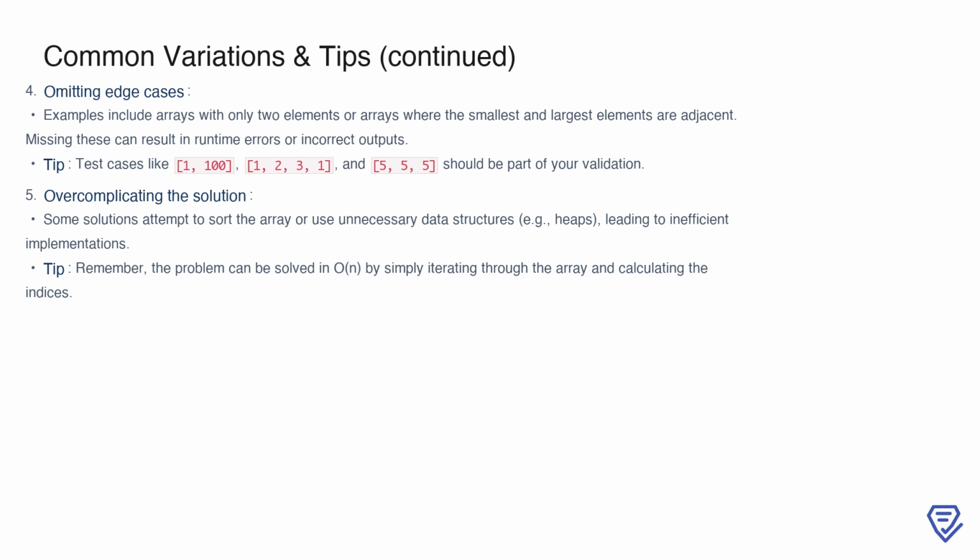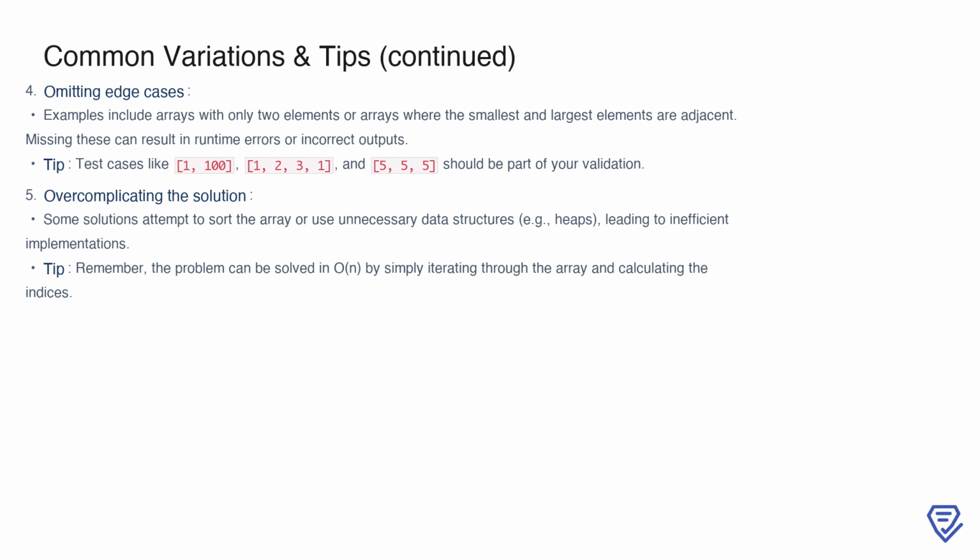robust. Another pitfall is overcomplicating the solution. Some attempts involve sorting the array or using data structures like heaps, but these approaches increase time complexity unnecessarily. Remember, this problem can be solved with a simple O(n) solution by iterating through the array and finding the relevant indices. The takeaway here is to focus on simplicity and efficiency, crafting your solution to handle all edge cases without